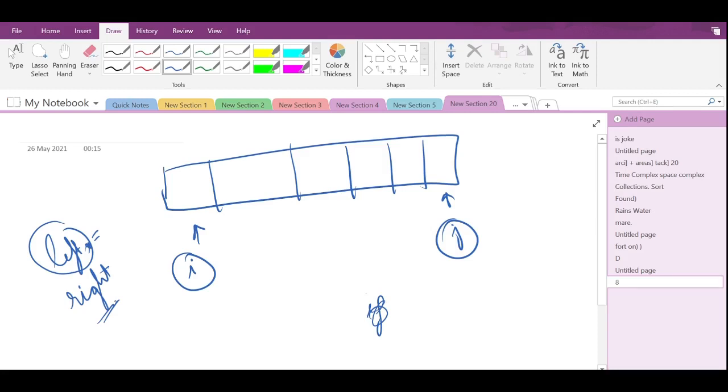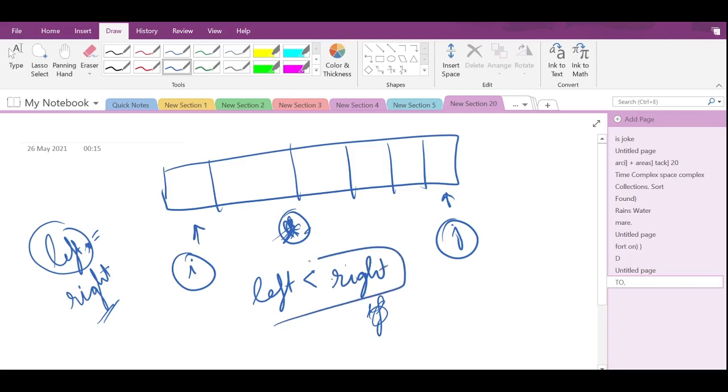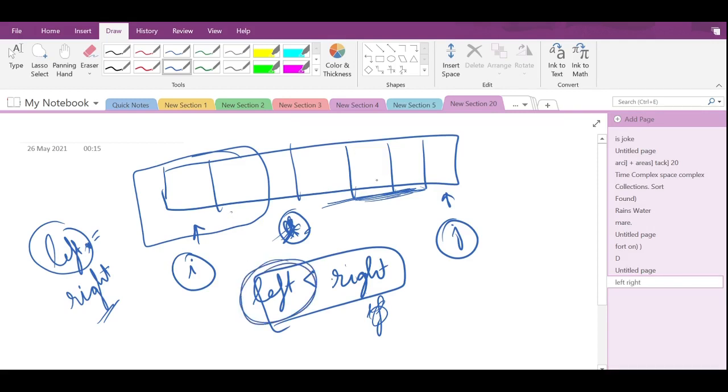Let's listen carefully. If my left max is smaller than right max, then I'm claiming that every element before that is smaller than the right. So how big the values to the right of j get, the minimum will always be left, because it's less than right.